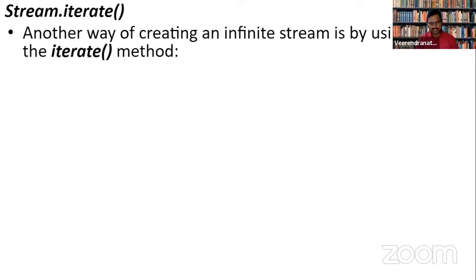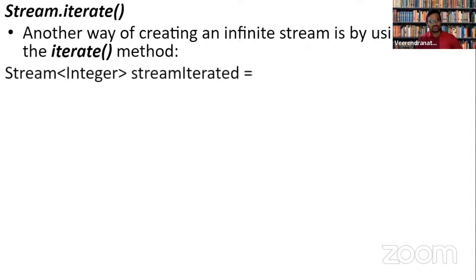What exactly is iterate? You can see a variety of methods here. Like you say generate, it will generate some list of elements. You say build, it will be helpful for building the elements. And now you are able to see iterate. So what exactly is iterate going to do? Here suddenly we have used something like Integer. What exactly is this Integer? It is known to be a wrapper class, and we are handling that wrapper class here with the help of a generic program.